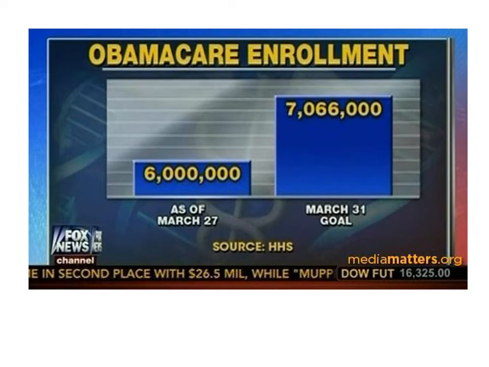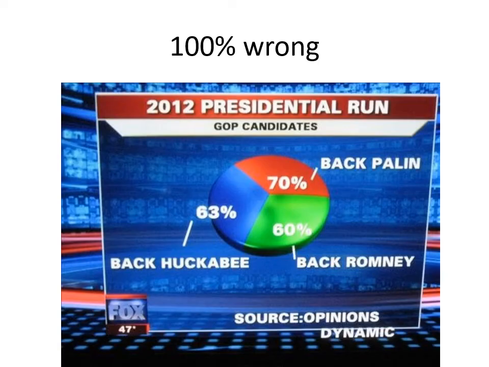All right, what do we have next? So, this is great. We have a pie chart. The pie represents 100% of the pie. But you can see that this pie chart has, I don't know, 190%. That's interesting. So somebody chose the wrong type of graph. The source is Opinion Dynamics, so that's not a good source.